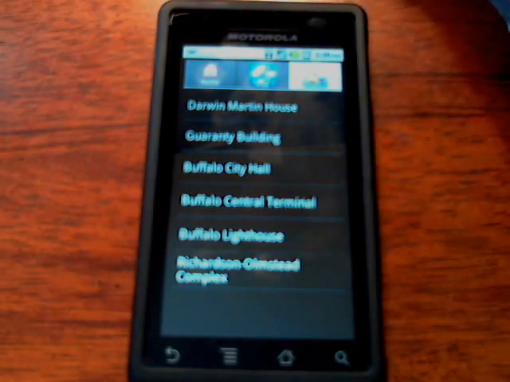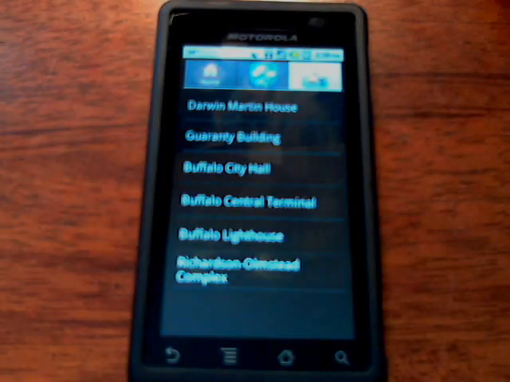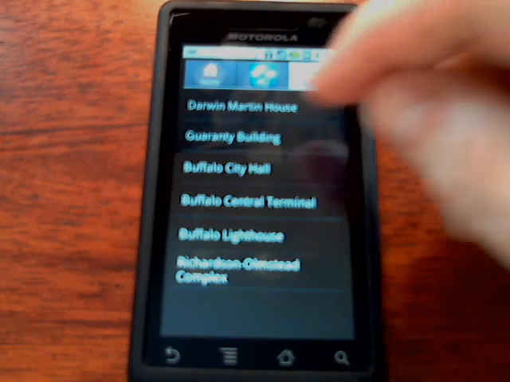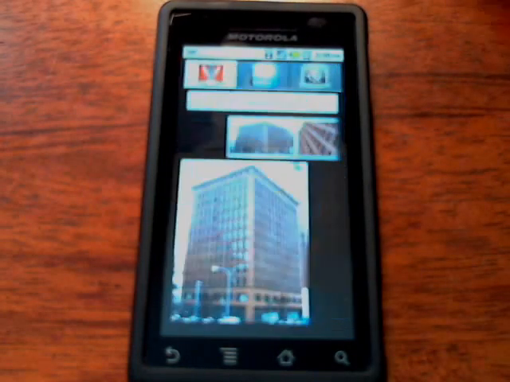The user has two ways of interacting with the data. One is through this listing, and one is through a mapping interface. The listing can be, of course, as large or as small as you like. What I've done here is just put in 6 fairly well-known historic structures here in the city of Buffalo, just for demonstration purposes. What I'll do here is click on the Guarantee building, and what the application will do is